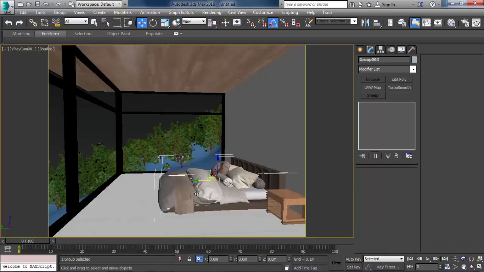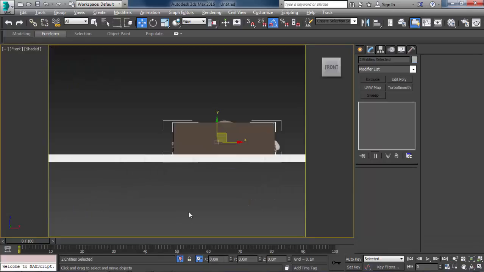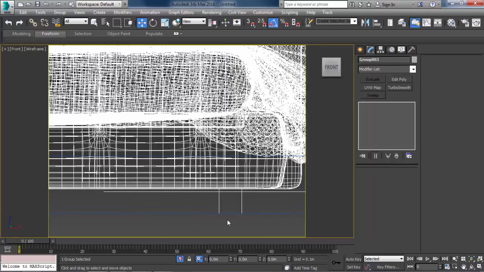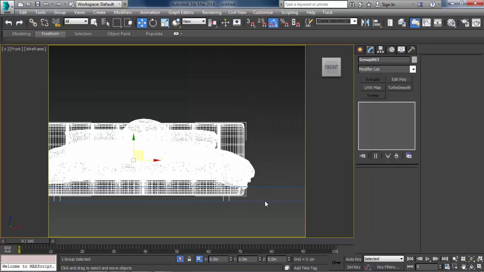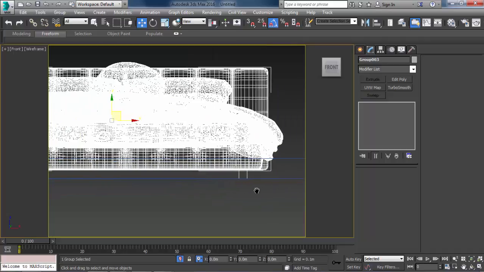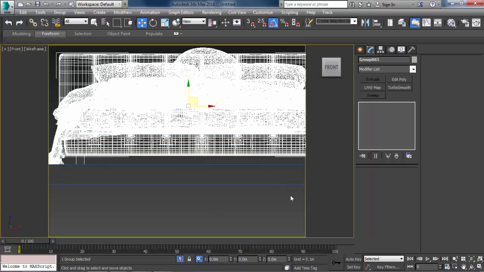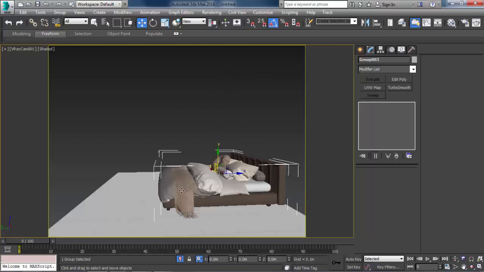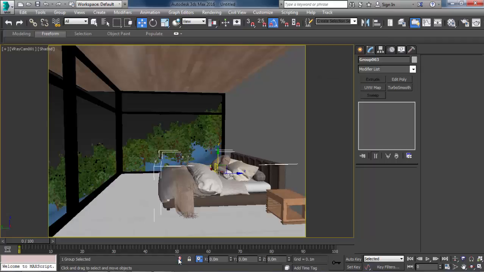So now we have the bed. Let's just move it up. As you can see, it's in alignment with the bottom of my flooring. So I will move it up by 15 centimeters, as you can see. And yeah, here you have it.